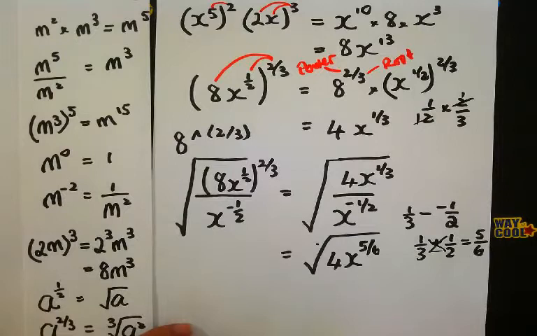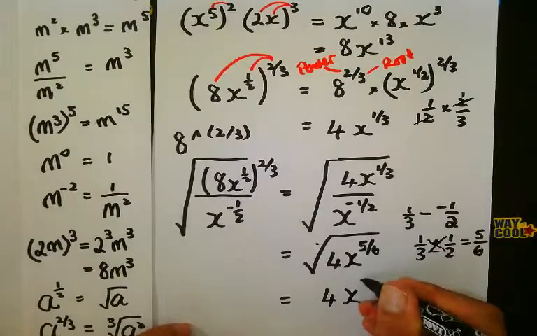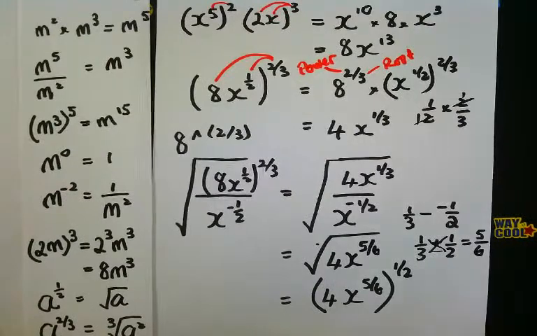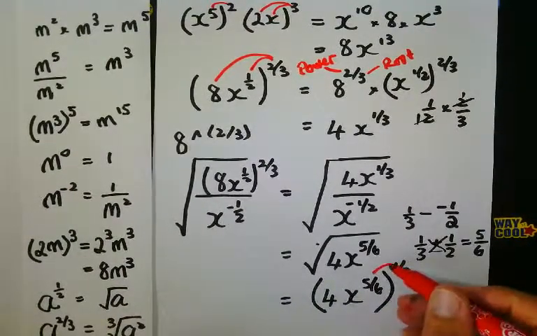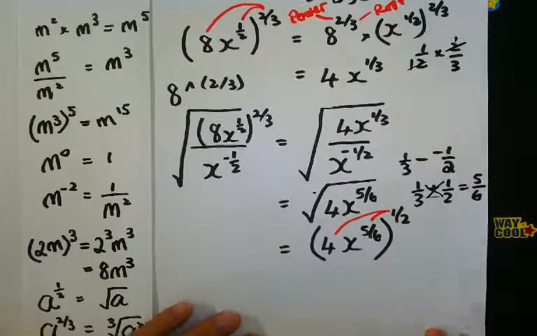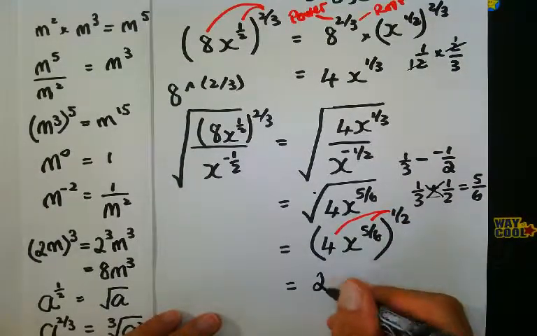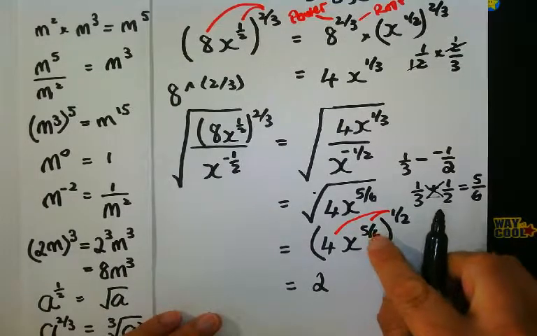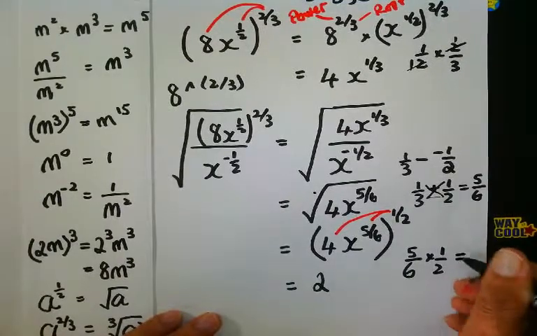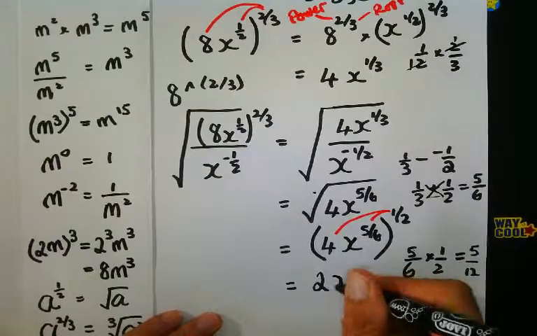Okay, one process. And then we're going to take the square root. Now remember that would be 4x to the power of 5/6 all to the 1/2. So again, that is power on a power, power on a coefficient. And let me just move that up so we can see it so it doesn't fall off the end of the page. And so half is square root. The square root of 4 is 2. And this is power on a power. So this is 5/6 times 1/2. So let's look at that. 5/6 times 1/2. Well, that's just going to be 5 times 1 is 5. And 6 times 2 is 12. So that's going to be x to the power of